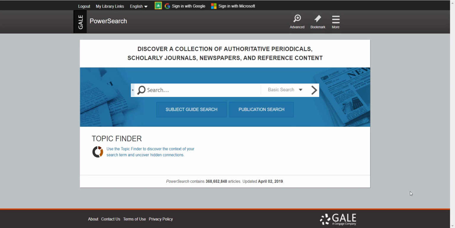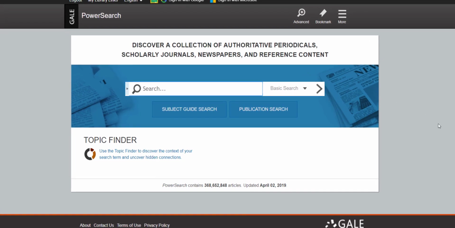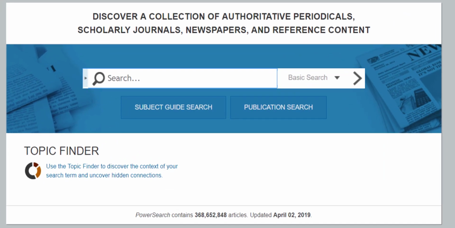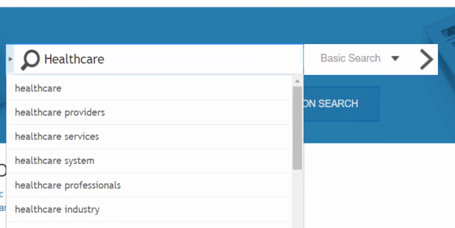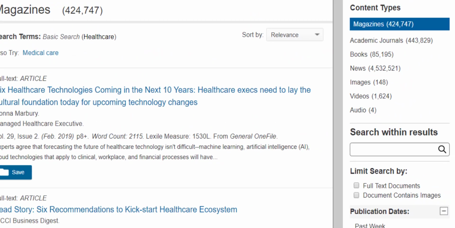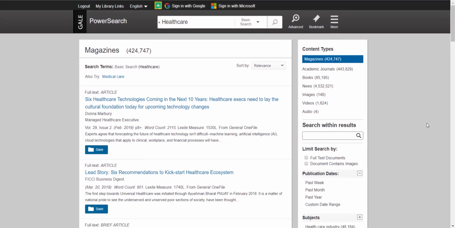And now we'll see this platform in action. It's designed to be intuitive for students. So we do have this big basic search bar in the middle. And I'm going to do the keyword healthcare. And as you can see, it brings up a list of results on the left, and then you can start